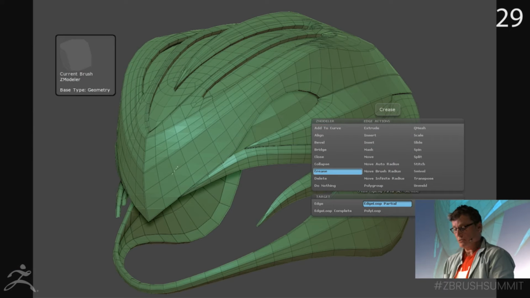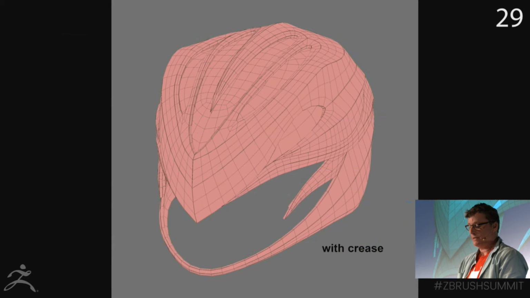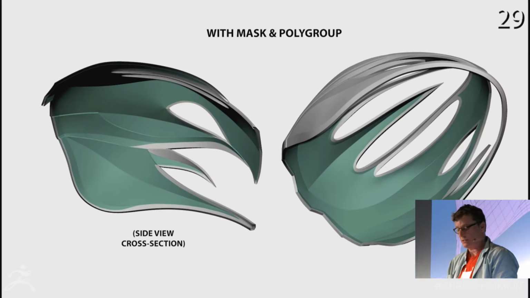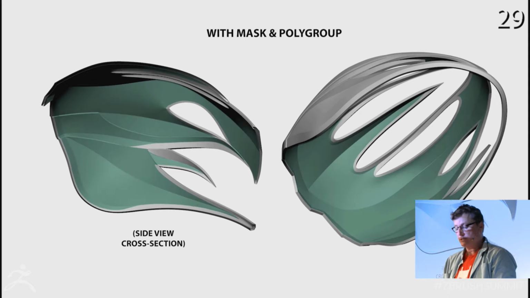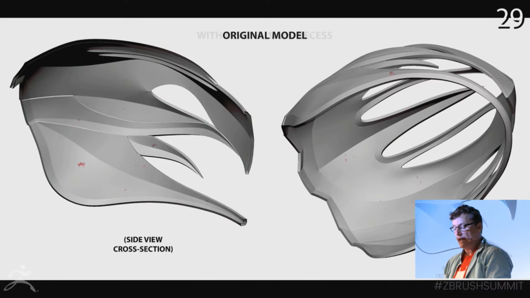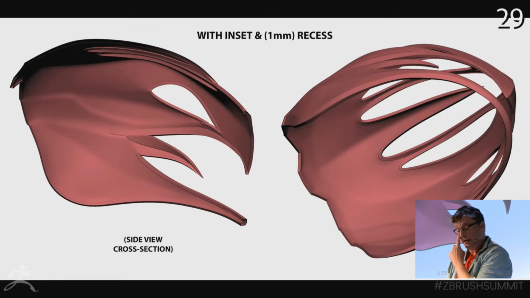In ZBrush, we sharpened the edges of the helmet that needed to be hard-edged and gave the model a reasonable number of subdivisions to make it as high poly as possible. We decided to separate the smooth, hard-edged armor elements and the bismuth textures that can be seen in the back